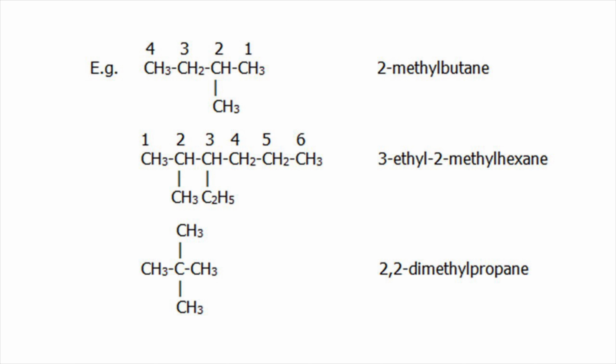In another example, 2,2-dimethyl propane, the longest carbon chain contains 3 carbon atoms, so we use the prefix prop. Here there are 2 substituents, 2 methyl groups. We know if the same alkyl group occurs more than once as a side chain, use the prefix di, tri, tetra, etc. Here there are 2 methyl groups, so we use dimethyl as a prefix. So we get the name 2,2-dimethyl propane.